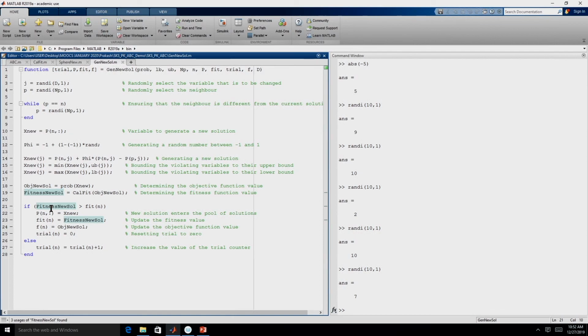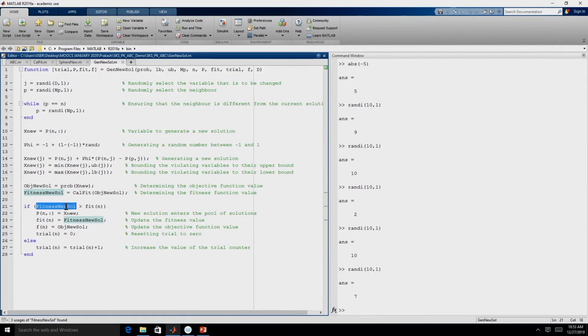Now, we have the nth food source which underwent the employed B phase, and we also have the fitness as well as the solution of the newly generated solution. So, now we are in a position to do greedy selection. Since we are using the fitness value, fitness has to be maximum. Remember that difference in the ABC algorithm. So, the fitness of the new solution should be greater than the fitness of the nth solution.